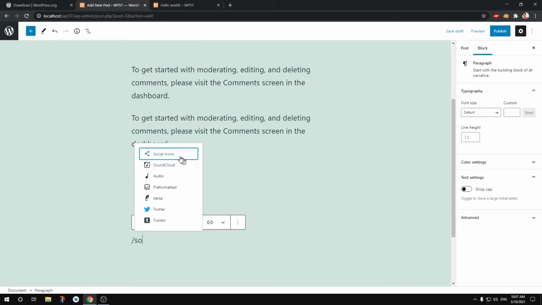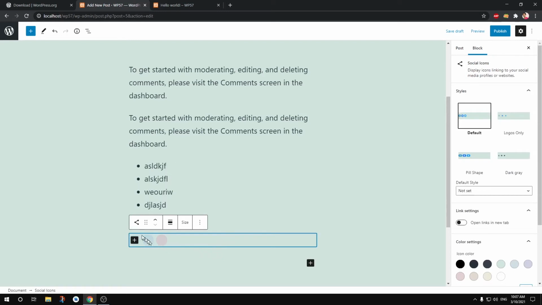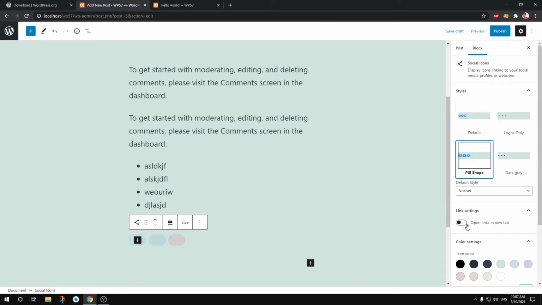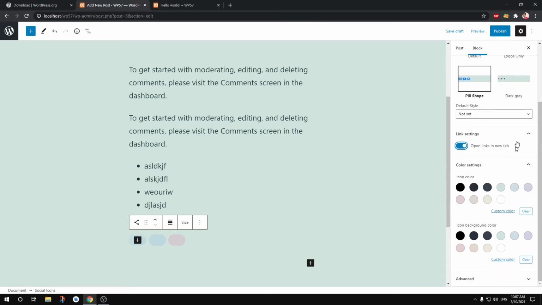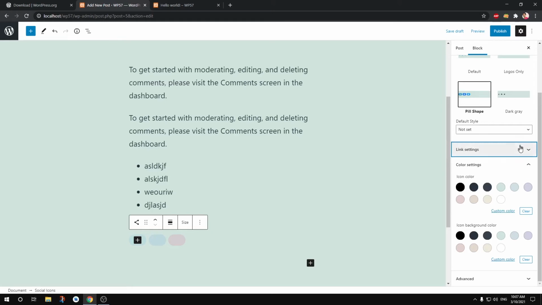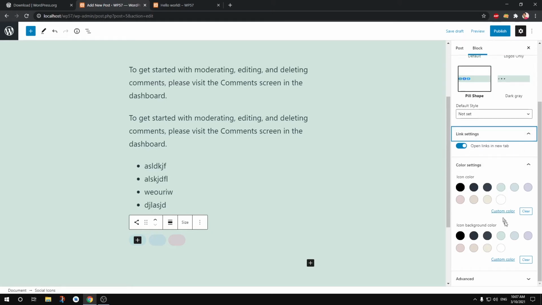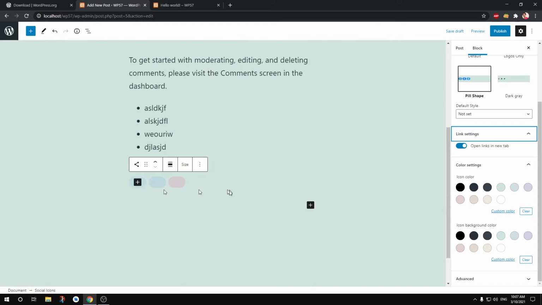icons. Yeah, so we have social icon as a kind of, okay, so you got social icon, share button, pill shape, default, dark mode. You can customize the links, link settings. Okay, open. So that's the only link setting you have. Then obviously you can change the color icon, background color. So this is awesome, and this will speed up. You don't need any other plugin,